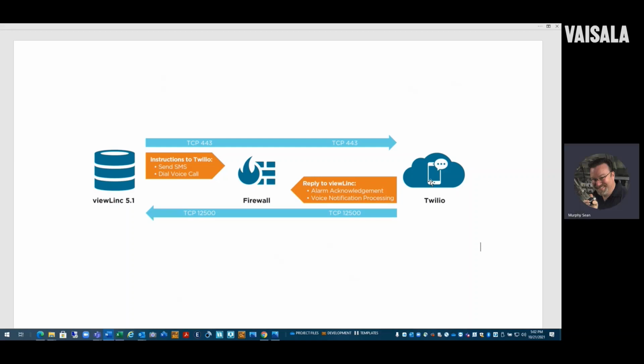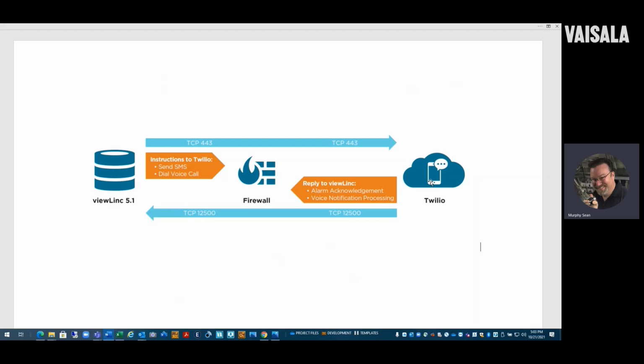Now, in most situations, you're going to configure your inbound gateway to allow data to pass from Twilio into your server through TCP port 12500. That in itself requires IT to be able to map that inbound port. It's a little bit more complicated than what this diagram shows. You actually have to have your server facing the internet to be able to do this. You need that port open.